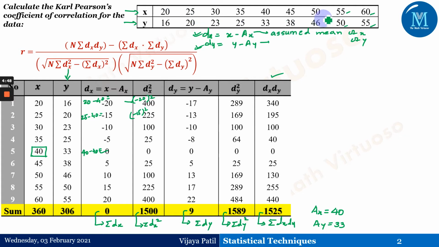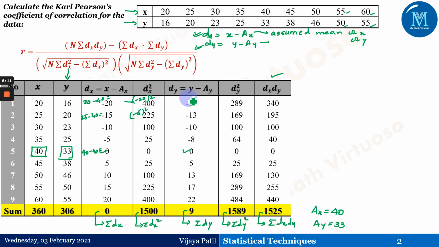So these are the numbers which have been given to us, very big numbers here. Purposely, after 40 the numbers are very big, and that is the reason we have reduced them from a particular number, and that is why it's known as the assumed mean of the data. And here in the y, we have assumed the mean for this y is 33. So that is the reason we have got it here as 0.